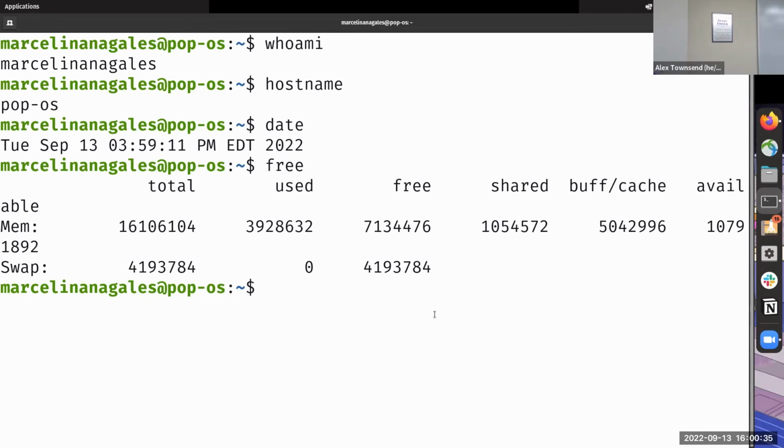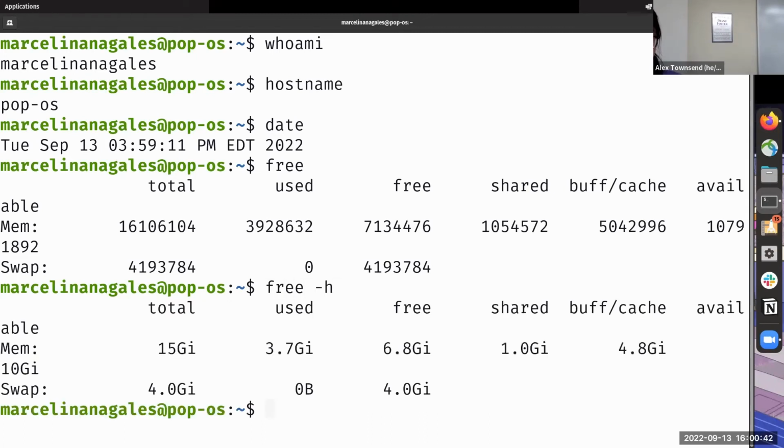This can be a little hard to read. So if you run, I think this will work, free -h. That dash h says, give me the amount of memory that I have free on my operating system, but give it to me in a human readable form. And that means that it'll translate those bytes into gigabytes, kilobytes, megabytes. And so from here,